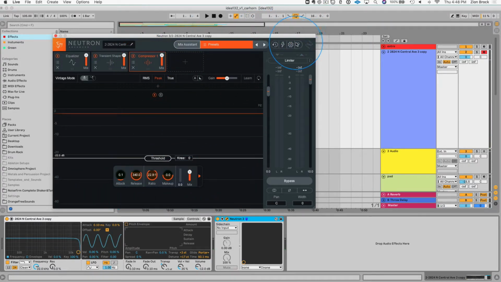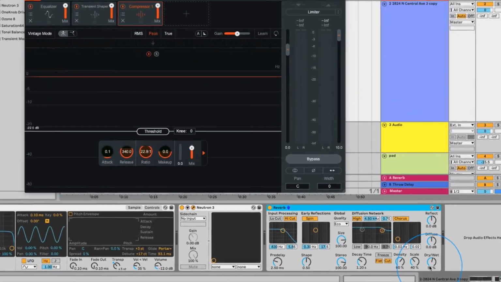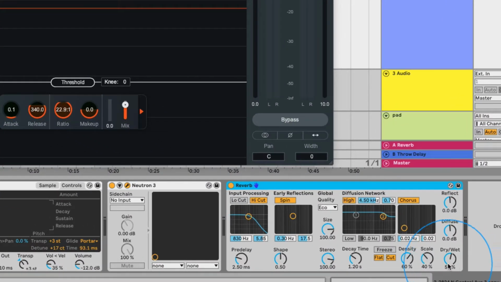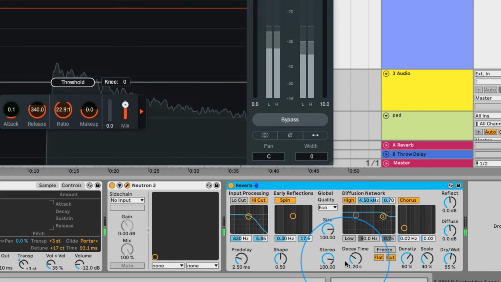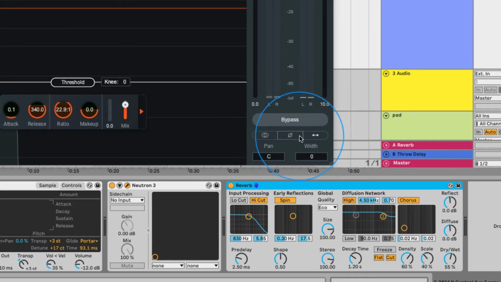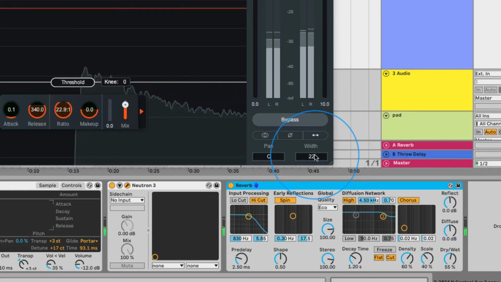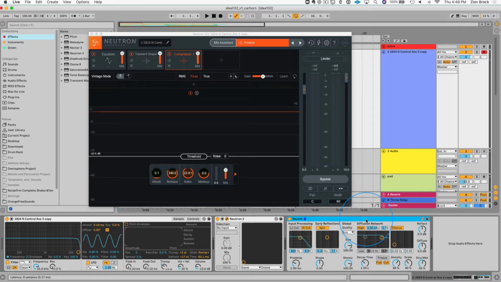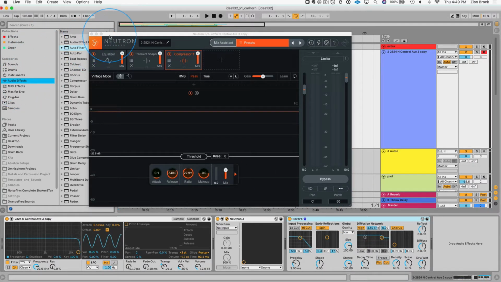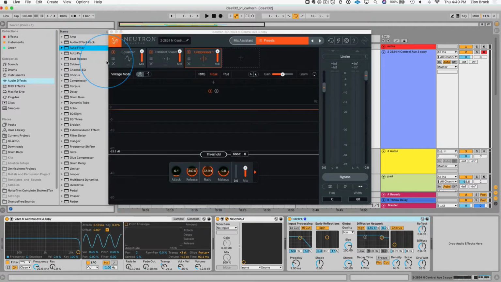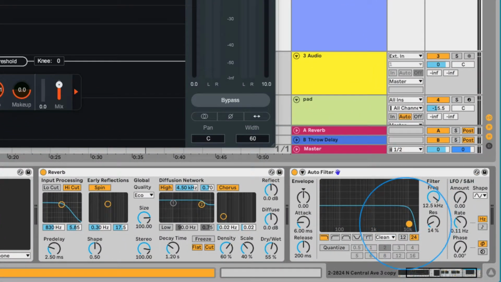The next thing I want to do is add some reverb. And I've got the dry/wet really high, the decay time is pretty high, and it sounds like this. Really nice. And if I wanted to, I could even go back into Neutron and make it a little wider sounding. And then lastly, we're going to drop on an auto filter, and we're going to use Ableton's auto filter because it's awesome. And we're just going to move this up and down. So when we play,